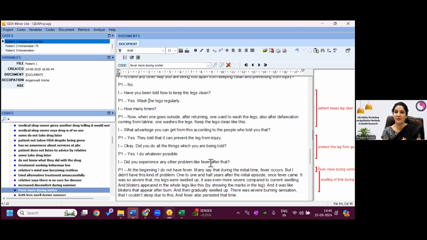Remember that quote from the school-going children. So yes, there is still a lot to learn, and we will tell you all those options which we have not told you regarding these verbatim, how to select, how to generate code frequency. That also I have not told you. How many codes in what category? That is still left. Okay, so I'm telling you. If you guys are okay, then I'll move ahead.